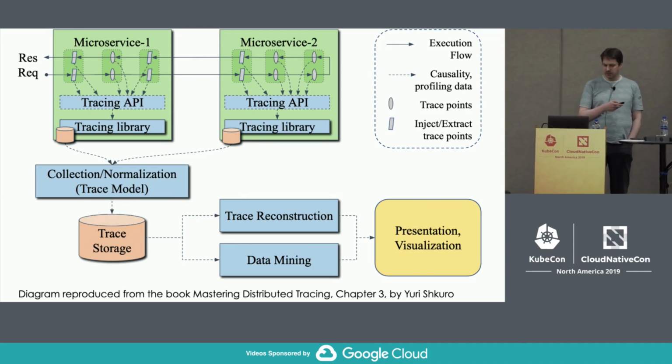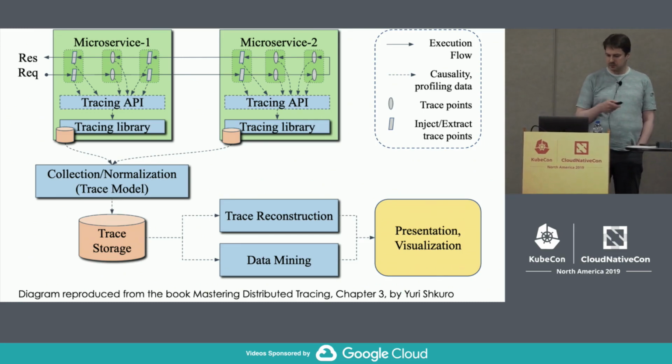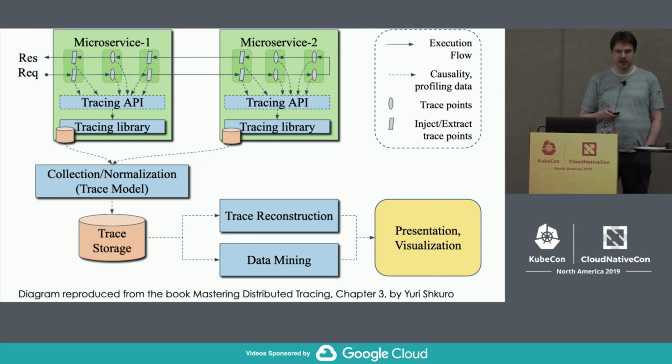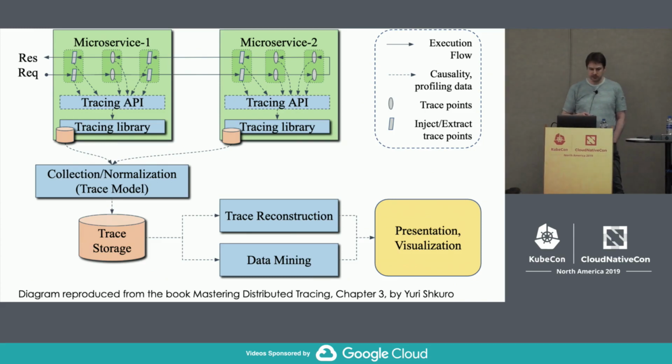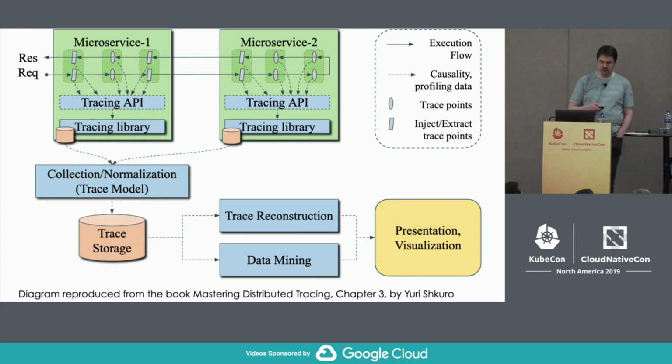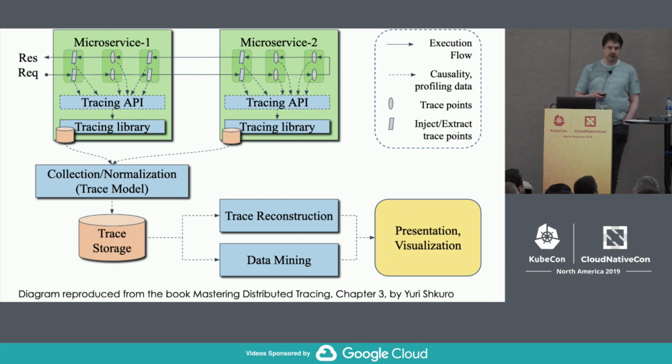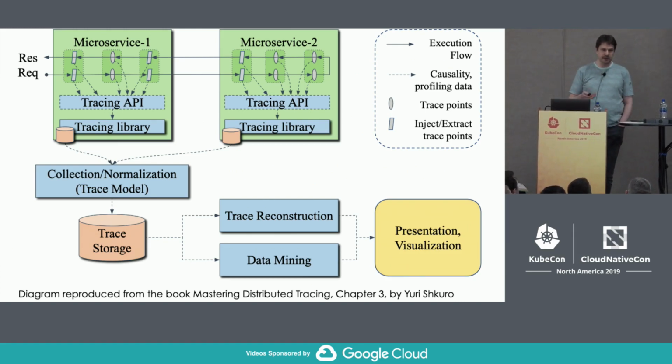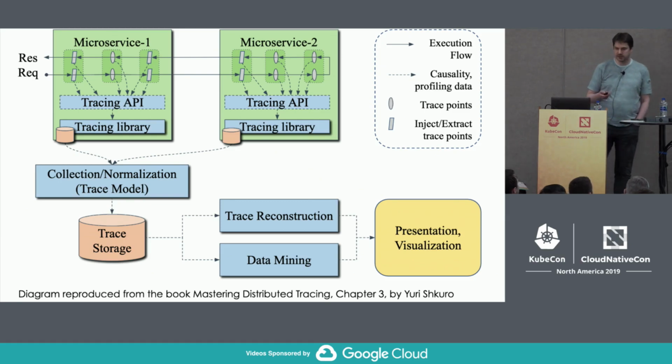And at the top, left to right and then right to left is the request response chain of execution going. So what we see here is that when the request comes to the first microservice, it first hits some server endpoint, and there is an instrumentation in that point, which sometimes is called a trace point. Right? That trace point performs certain things. Specifically in this case, it takes the trace context which is typically passed on the wire between those microservices and converts the trace context into some in-memory representation